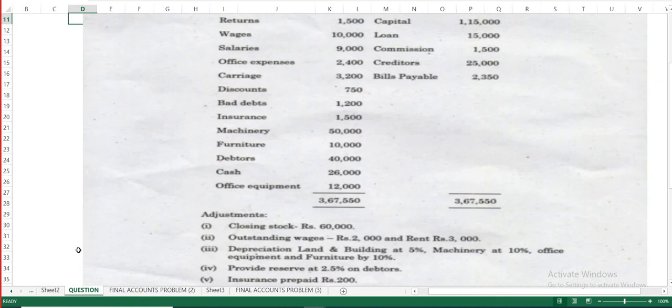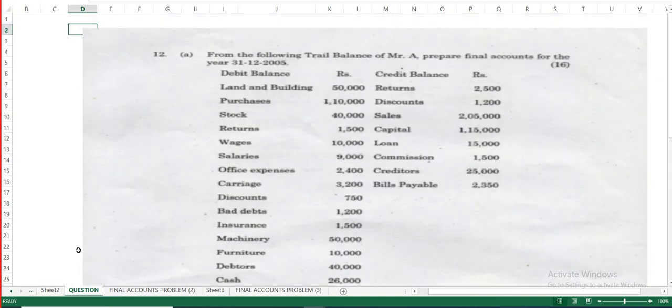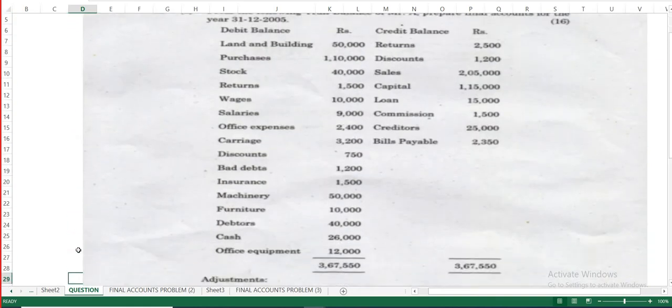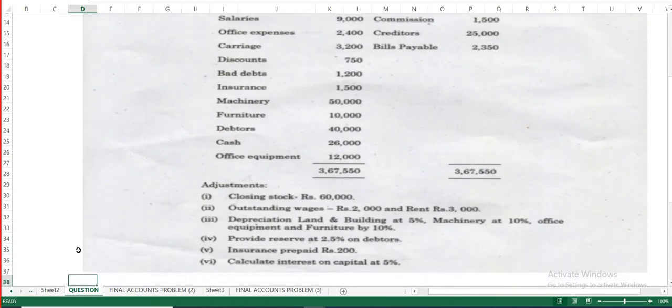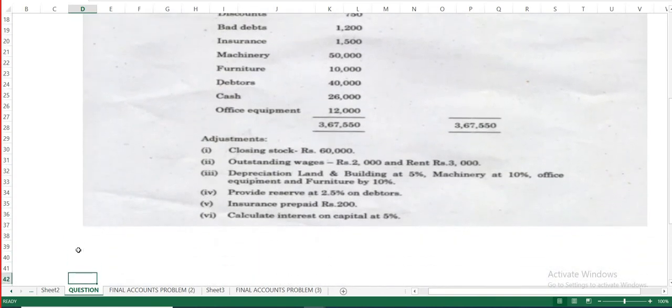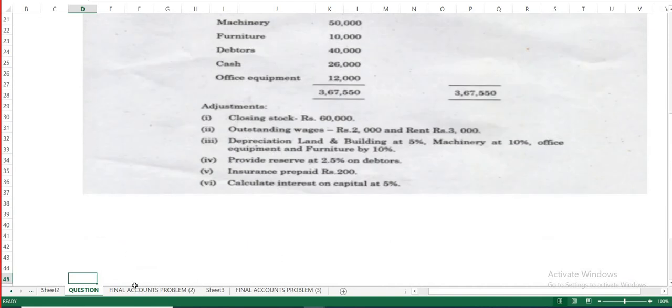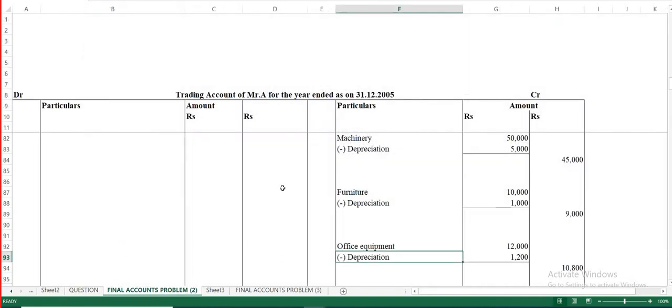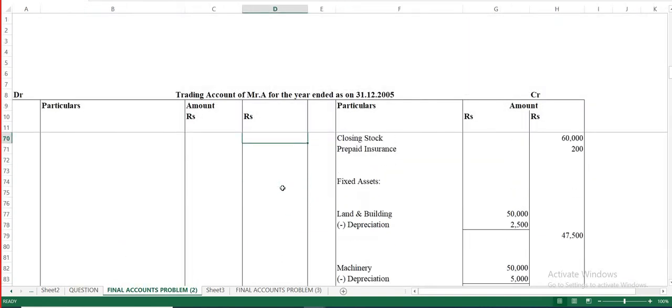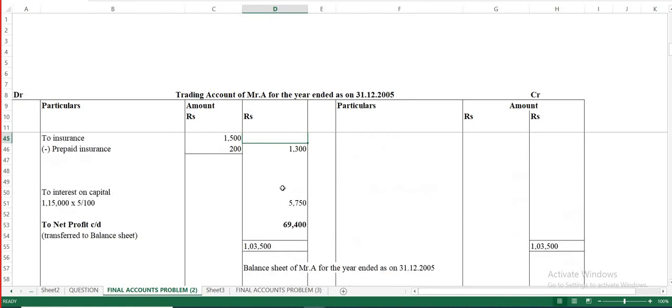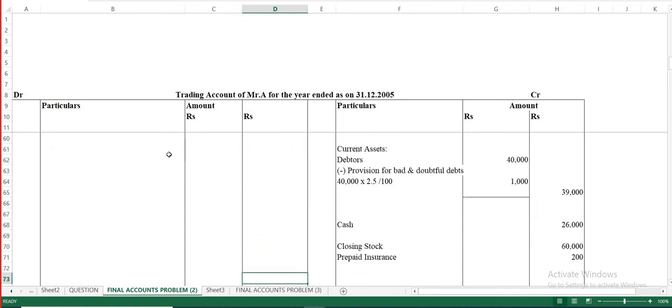Just give it a glance. Anything has to be taken to the fixed assets, you just look once. Whenever you are completing one thing and moving to the other one, you just check whether everything has been given here. So moving on, current assets and fixed assets, both we have finished. Okay, so we can go to the balance sheet liability side and fill it up.